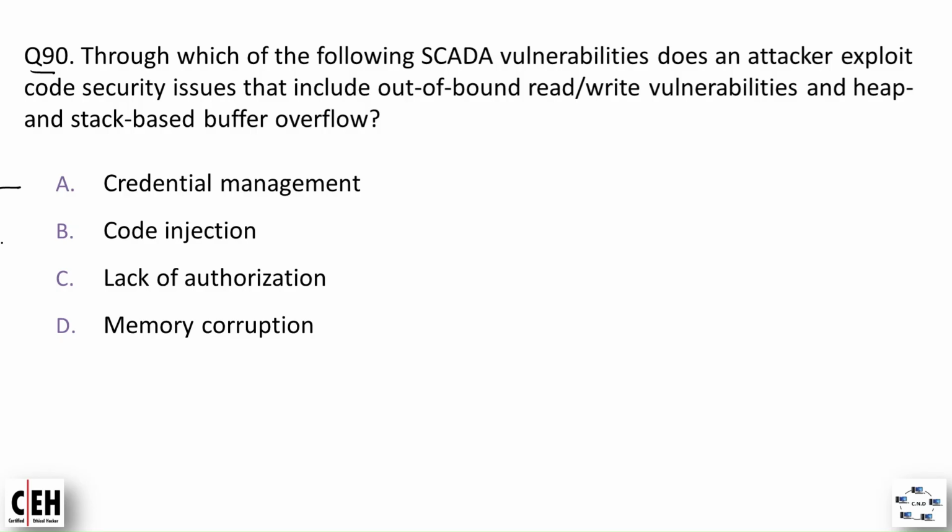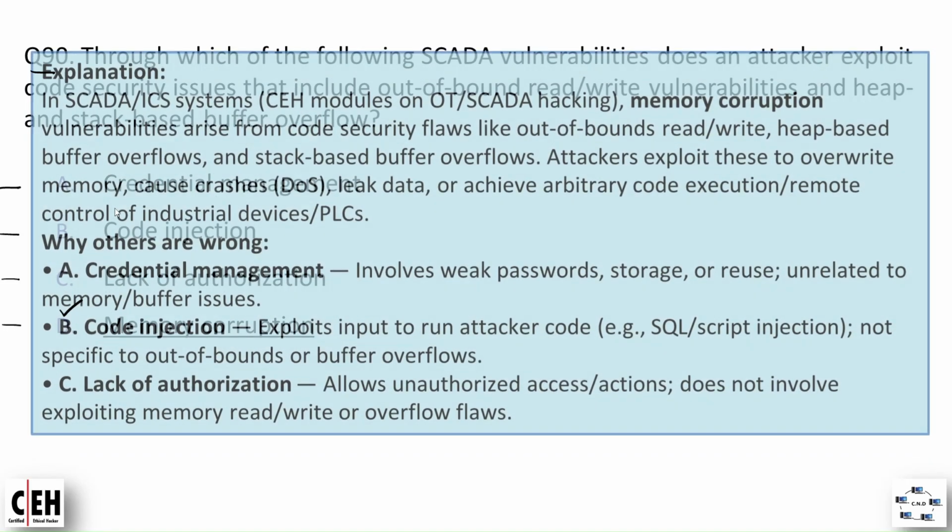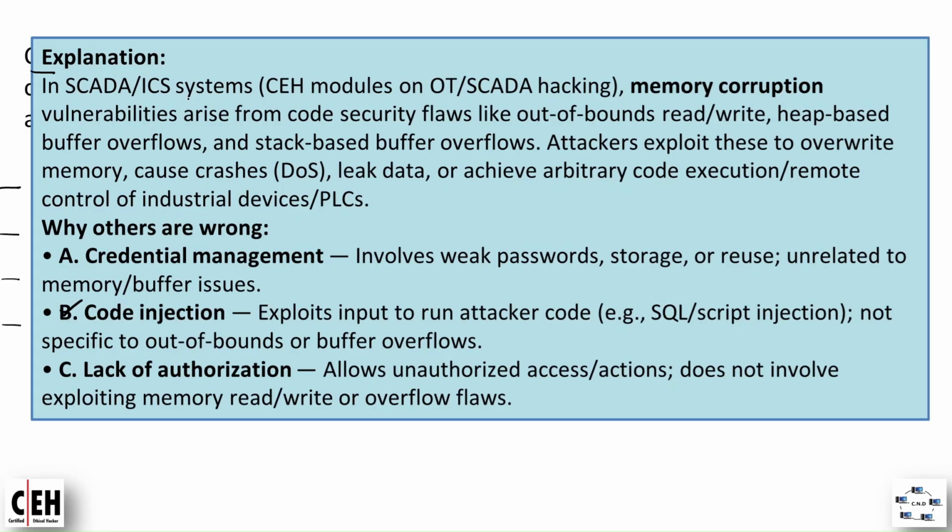Option A, credential management. Option B, code injection. Option C, lack of authorization. And option D, memory corruption. And the correct option is option D, memory corruption. And the explanation is, so in SCADA, industrial control system